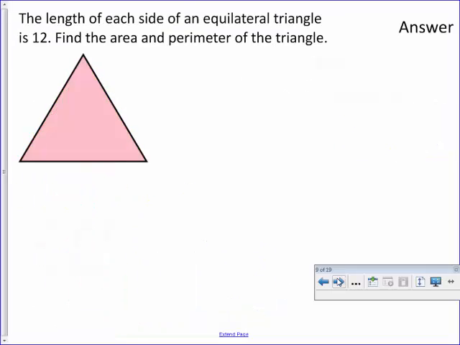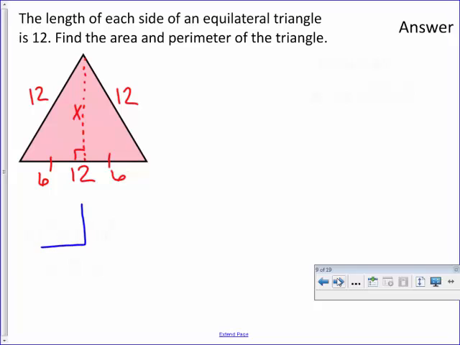Next one is an equilateral. So the side lengths are 12. I'm going to go ahead and write in 12. So we're able to find the perimeter easily, but we don't have the height to find our area. Okay, so that's where we drop the altitude and we cut that in half. We're going to find the height, but this is going to be 6 and 6. That's important